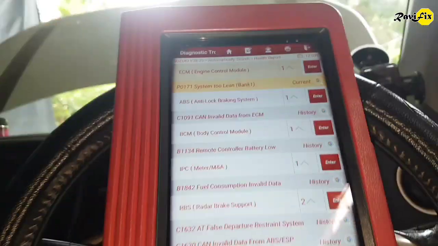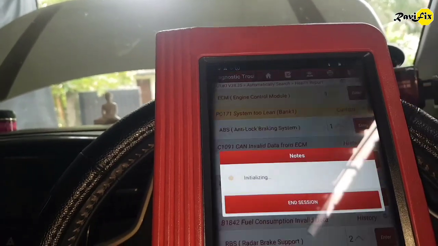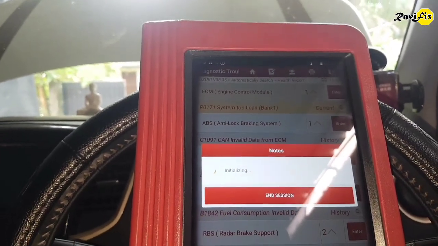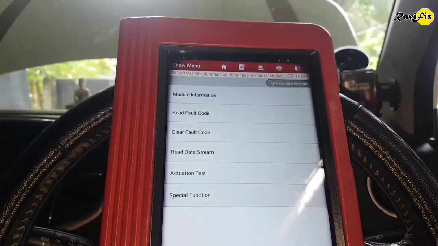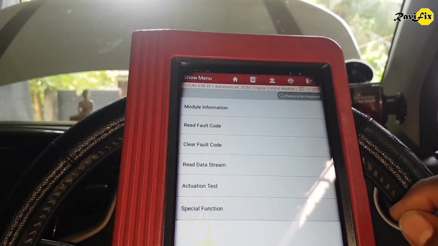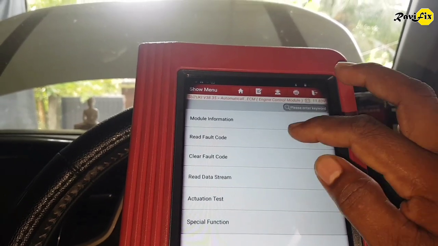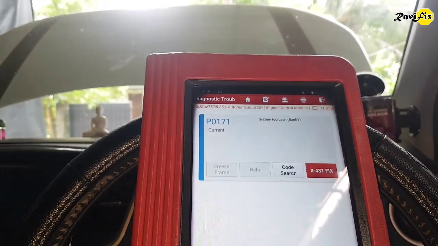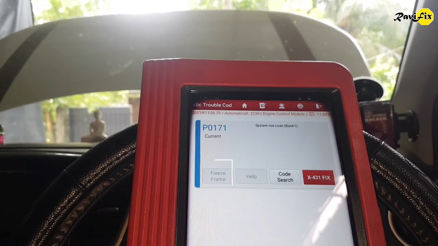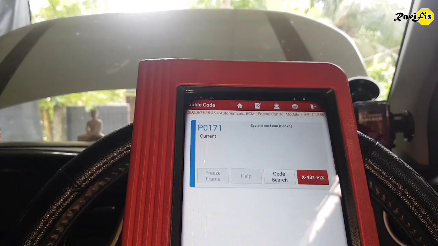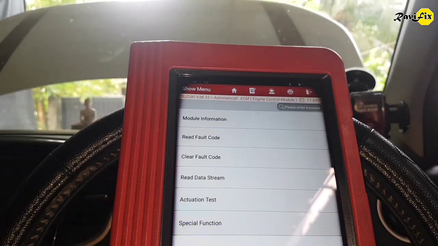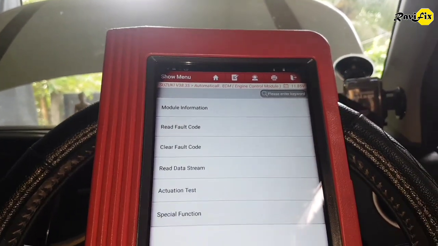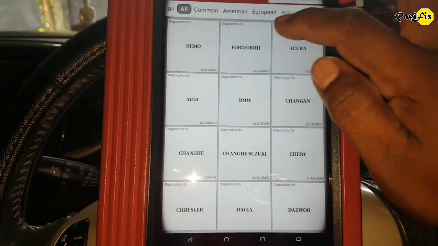Let's go to the engine control module. Okay, I go to read fault code in the ECM again. Here you can see P0171. But do you see the freeze frame button is inactive? Looks not supported. The Suzuki software does not support freeze frame data on this vehicle,